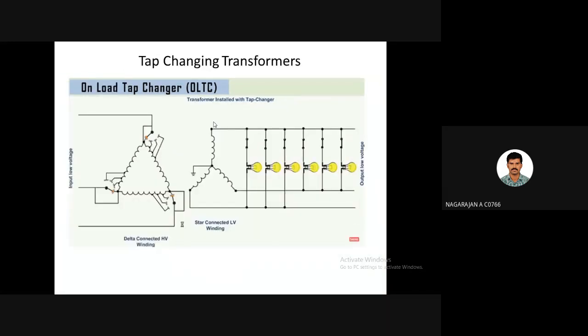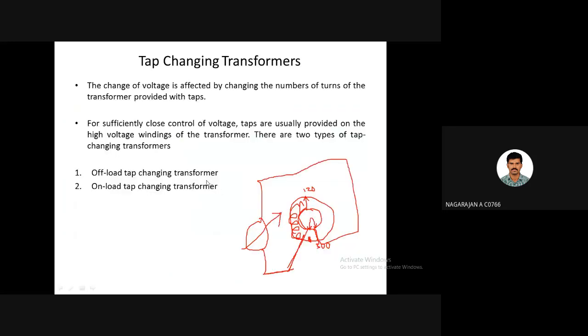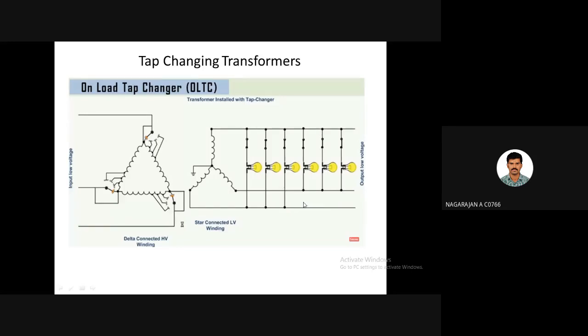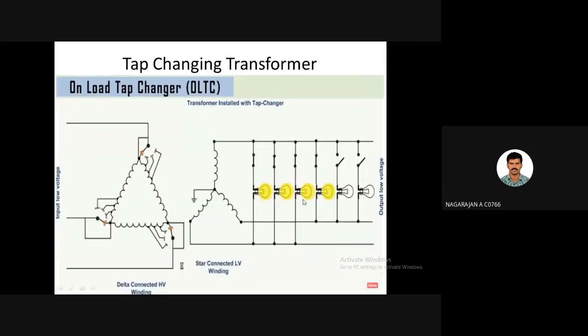For high rated transformers, for example, power transformers, we will use tap changing transformers for meeting this sudden change, for quenching this change. Okay, so with the help of a tap changing transformer, we can vary the output voltage of a fixed voltage transformer manually. For example, look at this. Out of these six, when all the six bulbs are glowing, we will be giving the entire voltage. But here we require supply for only 4 bulbs. Now the voltage may be reduced.